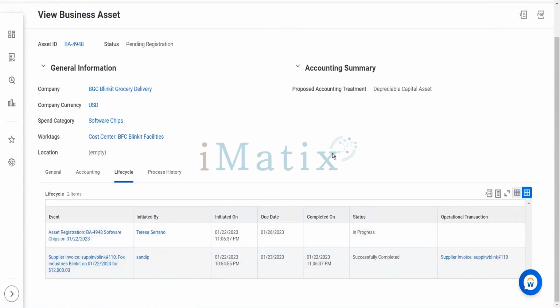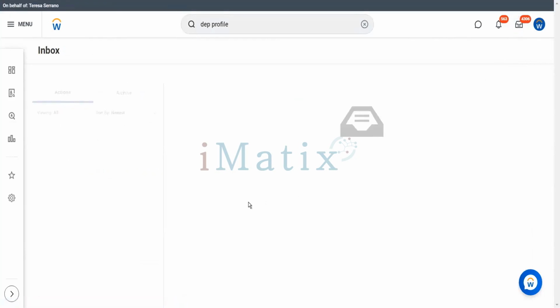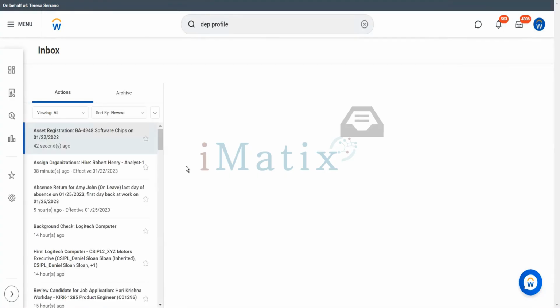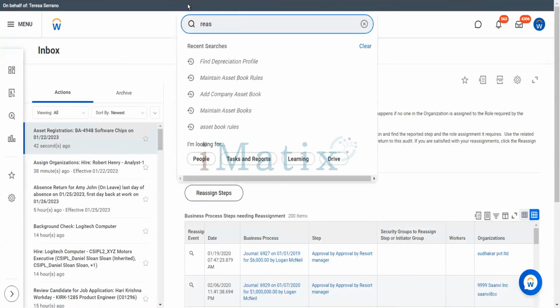Again, it has come to Teresa. See, asset registration event has come back to